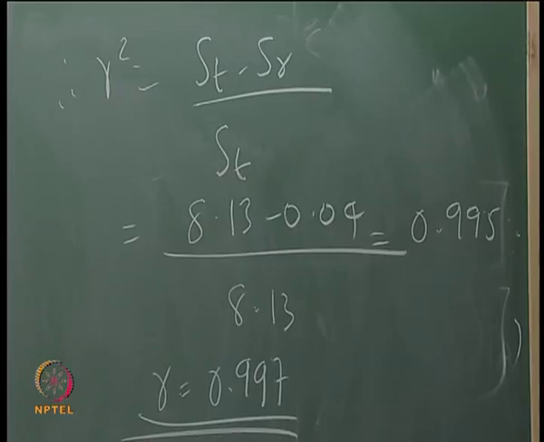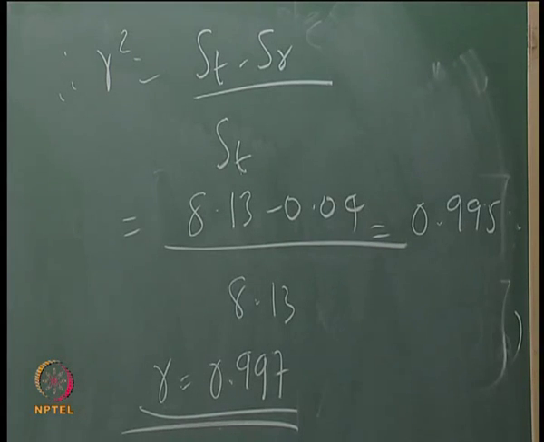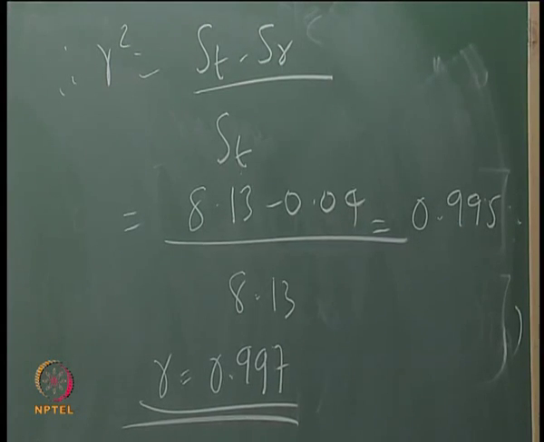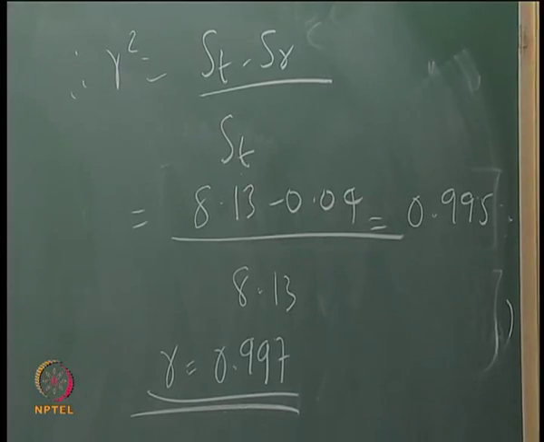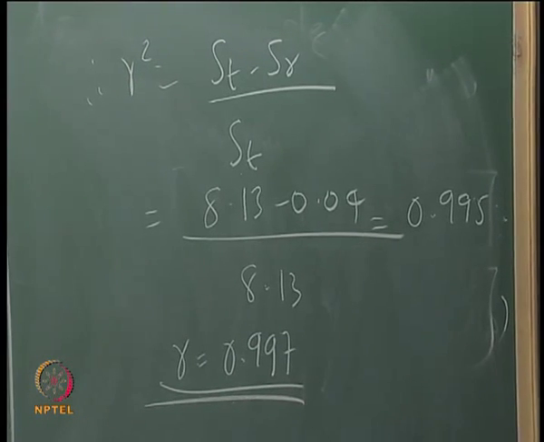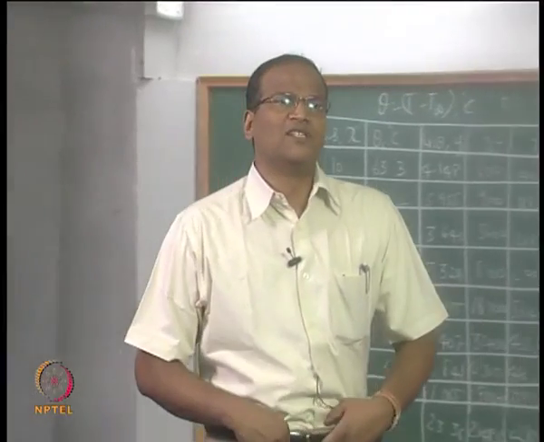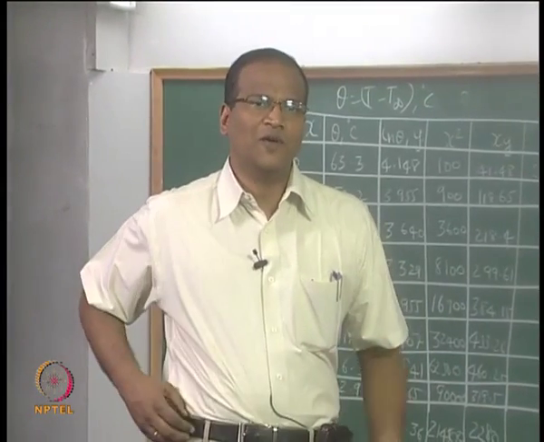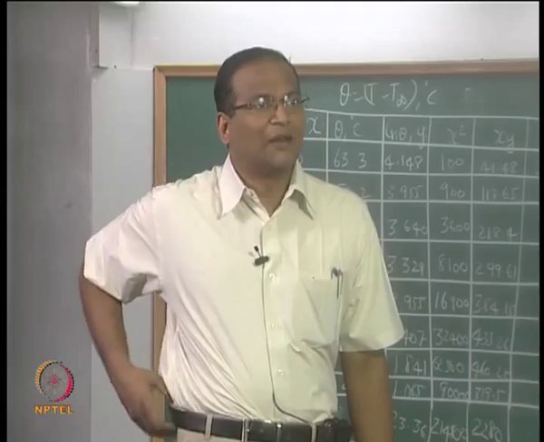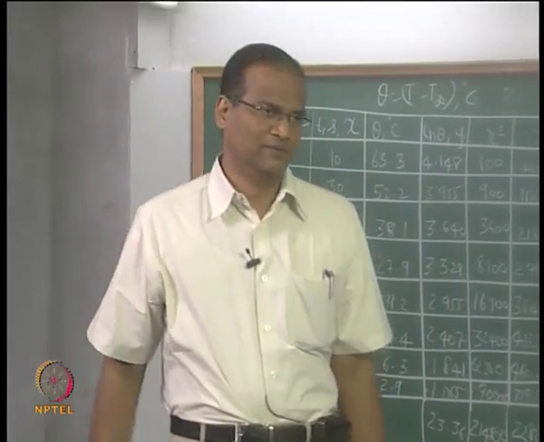So it is a very accurate representation of the data. That means if you are able to regress the data, if you propose that the data can be represented as e to the power of minus t by tau, then 99.7% of the variance in the data can be explained by proposing this curve.